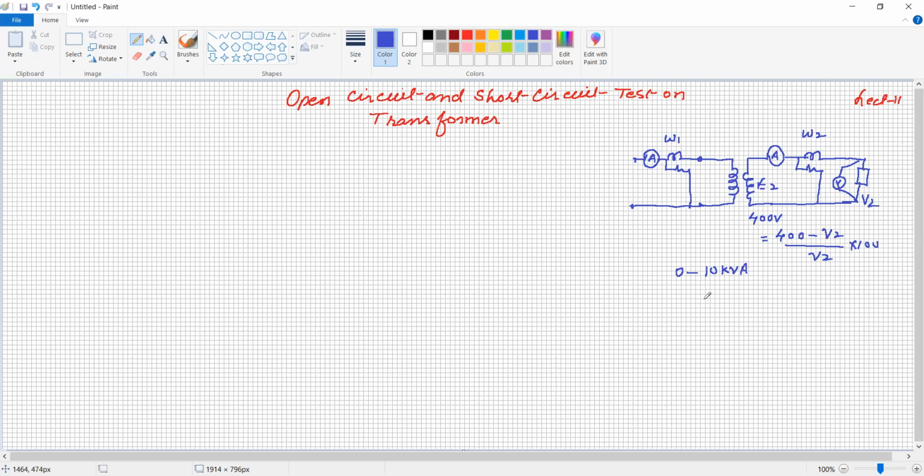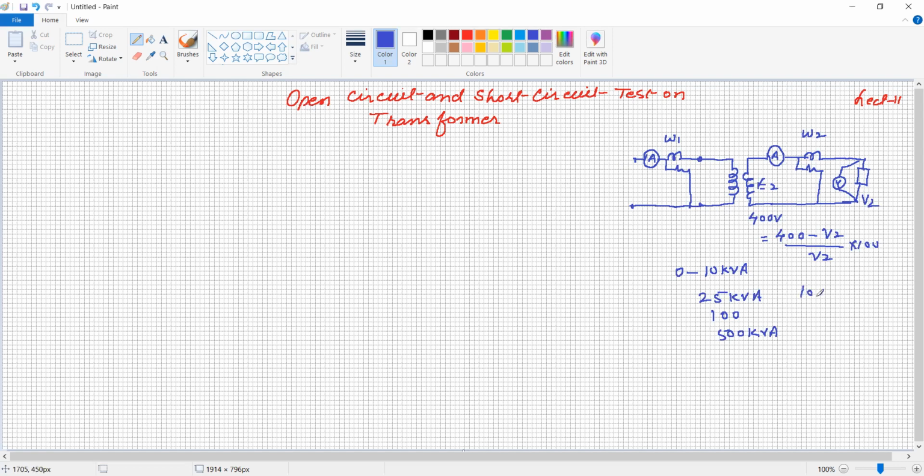If more than that capacity, say a 25 kVA transformer, it may be 100 kVA or 500 kVA or whatever higher value of transformer capacity, we cannot test the transformer on load condition. So there is some other method, called the indirect method. And the indirect method, that is open circuit and short circuit, from the data of full load short circuit copper losses and full load no load iron losses, efficiency and regulation can be calculated at any desired value.